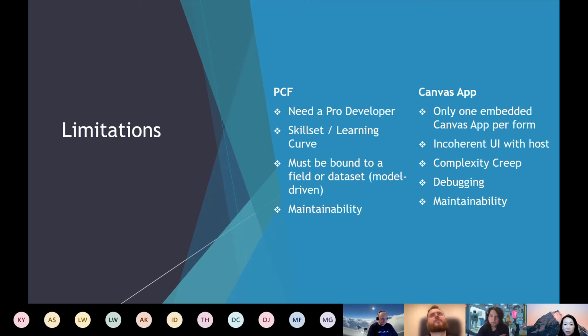Yeah. I suppose the complexity creep is not necessarily a limitation of the tool. It's just, in my experience, it happens very quickly. Because you can do so much so quickly, it can very quickly get complicated, and from that complication you have this complexity and just having to deal with it. So I suppose what I've listed here as the limitations are not necessarily limitations. They're things that you need to be aware of when you go in, so that you go in eyes open.